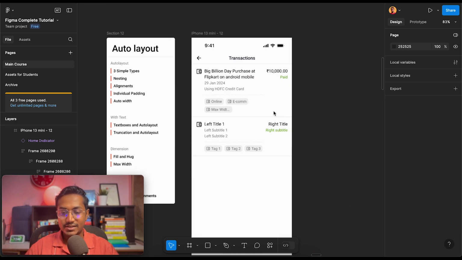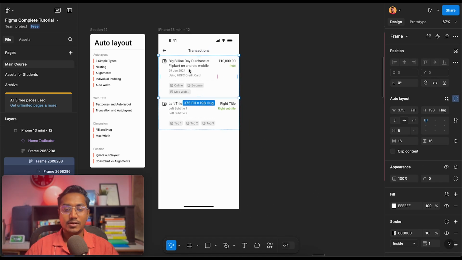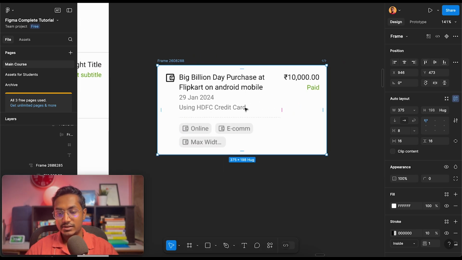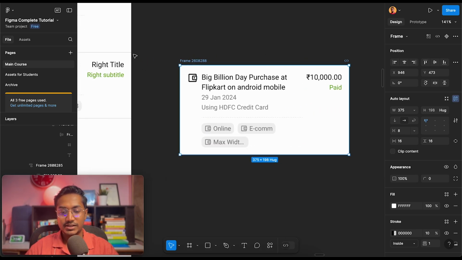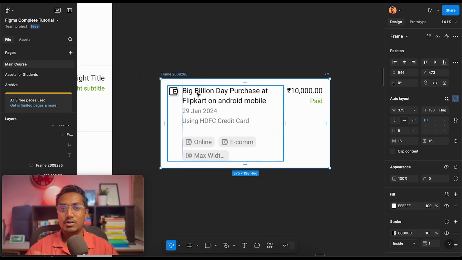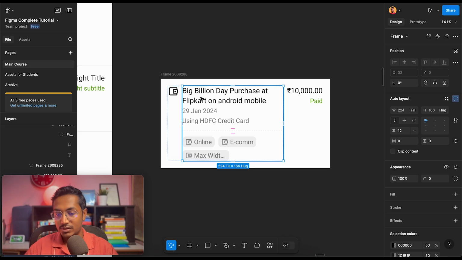So when I say it is easy, all I want you to do is be able to create this auto layout, this particular transaction list element, such that you become super confident in auto layout. Okay. And again, when I'm saying this component, it might look very easy, very simple, and very straightforward, but it is actually not. For example,